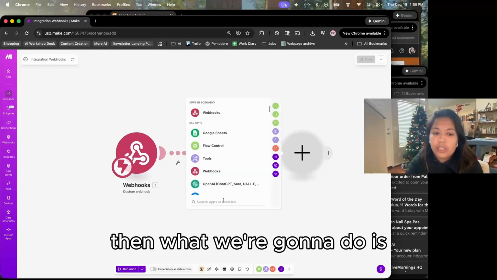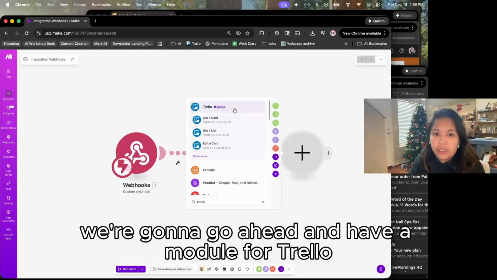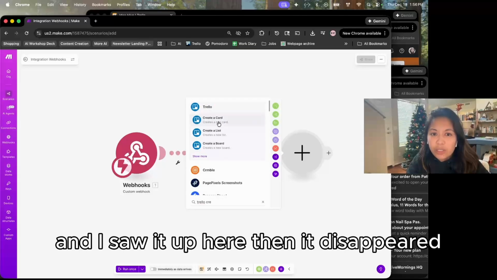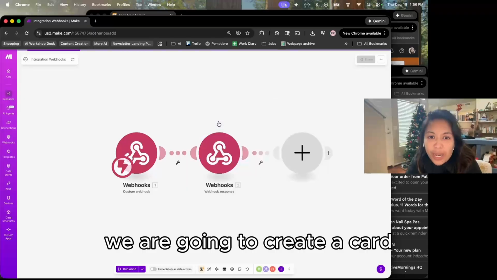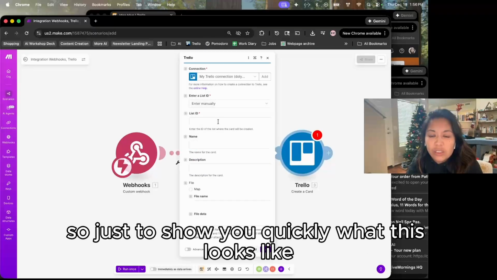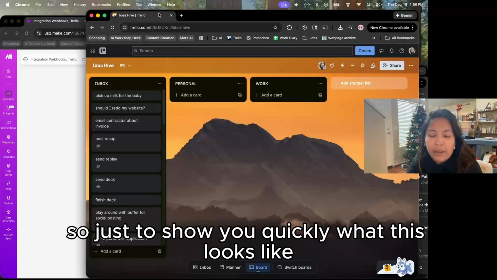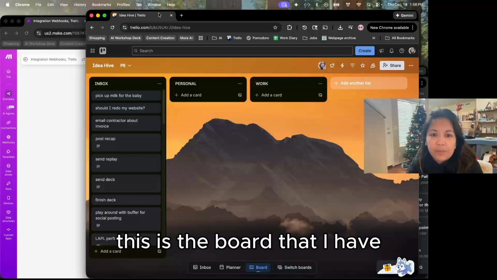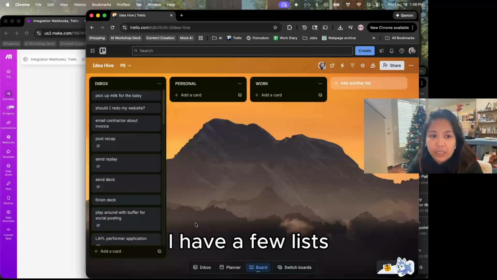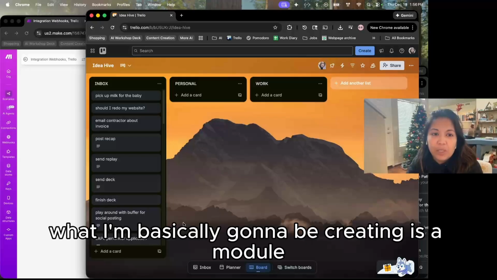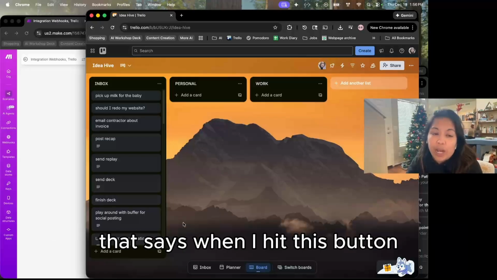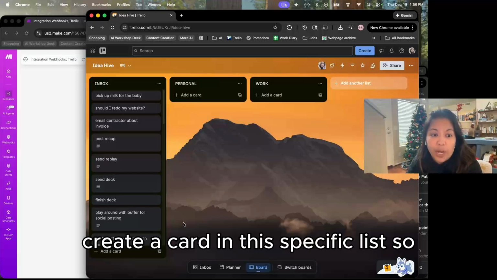Then what we're going to do is we're going to go ahead and have a module for Trello. And I saw it appear, then it disappeared. We are going to create a card. So just to show you quickly what this looks like, this is the board that I have. I have a few lists. What I'm basically going to be creating is a module that says, when I hit this button, create a card